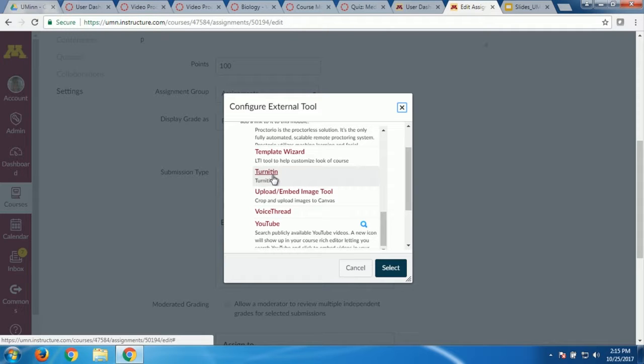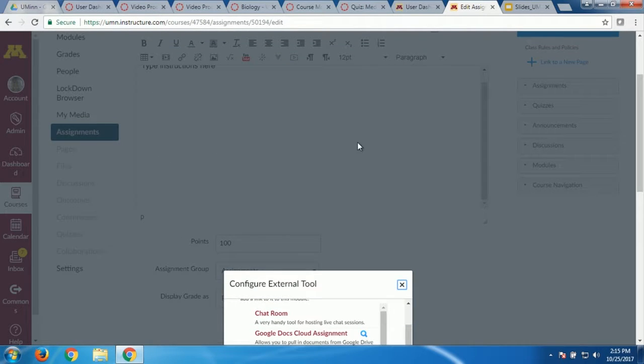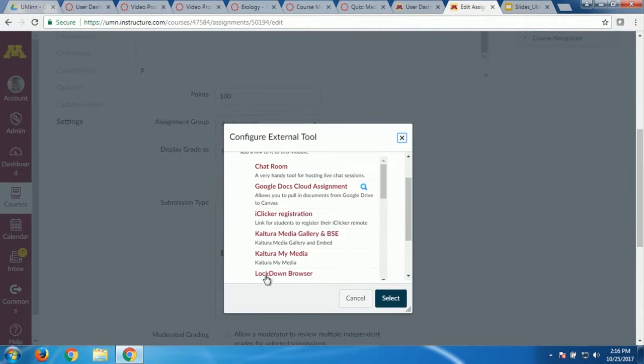I can't really demo Turnitin because I don't have a Turnitin account. What I can tell you though, Turnitin is fantastic in that you can have the assignment criteria set up through Turnitin. Once you make it a Turnitin assignment, you don't need any instructions for it. Keep the instructions blank. You come in here and make it a Turnitin assignment, and when you save it, that's when you're able to set the Turnitin settings and assignment instructions and everything.